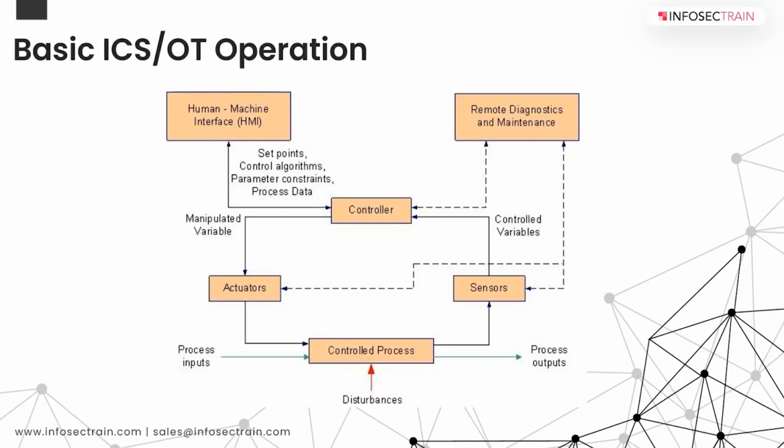So what does OT stand for? OT is operational technology. It refers to the hardware and software systems used to monitor and control physical devices or processes in various industries. So, as I said, OT encompasses a wide range of technologies and components, including ICS, SCADA, PLC, DCS, and so on. The primary goal of OT is to ensure efficient and safe operation of the processes. It involves real time control, monitoring, and automation of the physical systems that you see here.